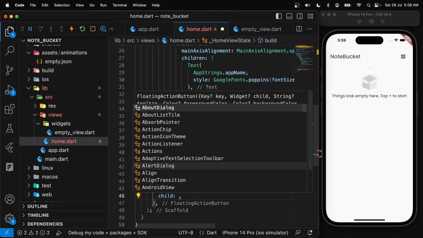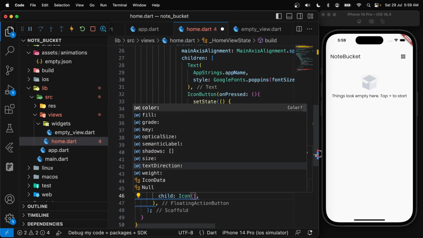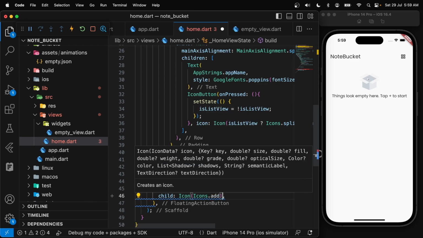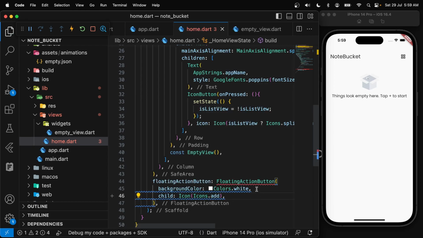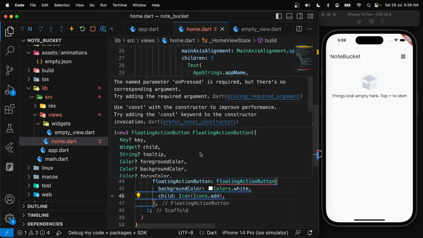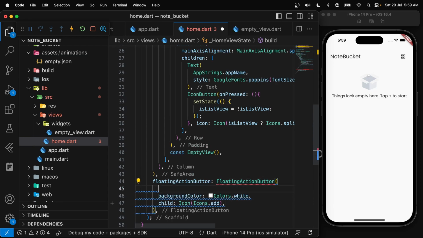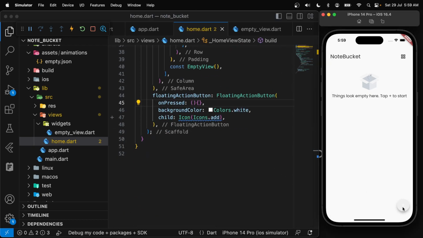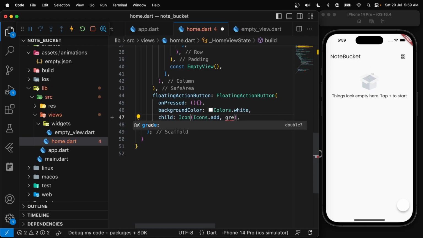Let's give it a child, say Icon, Icons.add. Okay, what else does it need? Okay, so it requires this parameter onPressed. Okay, let's pass that too. All right, so we have a floating action button here, and we need to tell it should be gray in color. So let's call it